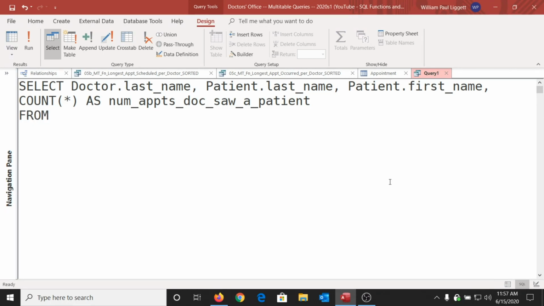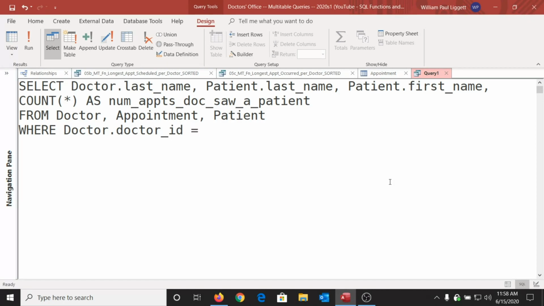We're going to get it from the doctor table, the appointment table, and then the patient table. Then we're going to have our join conditions. Do those. I would recommend do those first. Where the doctor ID is equal to the appointment doctor ID right here, and 1, 2, 3, 4, and